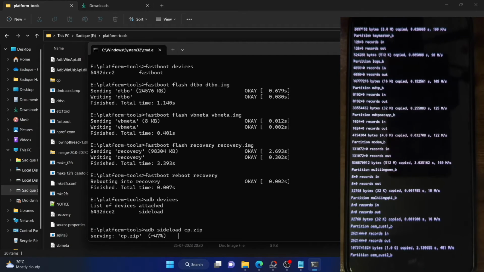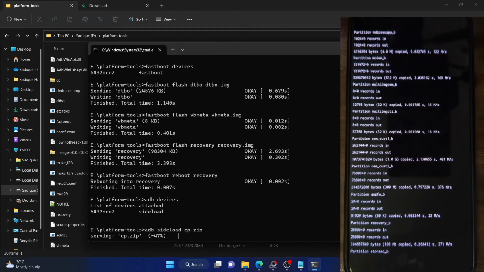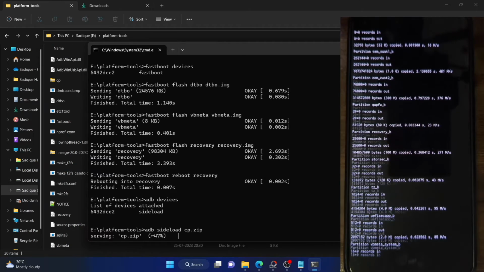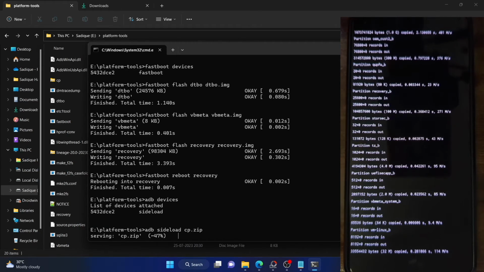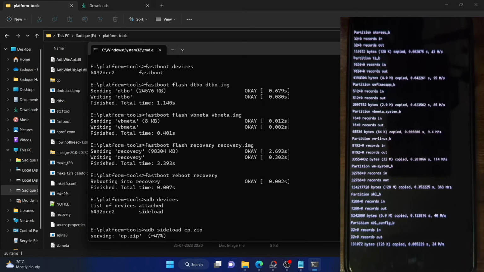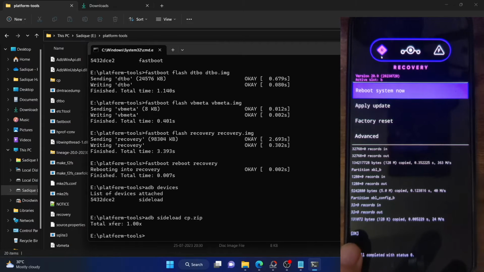You could extract that using Python or the Fastboot Enhance tool and you will see all these partitions. So it's simply copying all the partitions of slot A to slot B or vice versa, depending on which is your current active slot. So please wait for a few seconds and it will carry out this task. Once the process has been done, you will get an OK message and install complete. Likewise, in the CMD window, you will get a total transfer message.